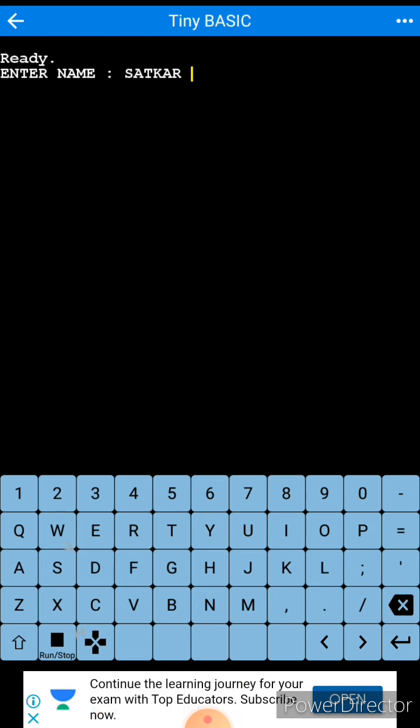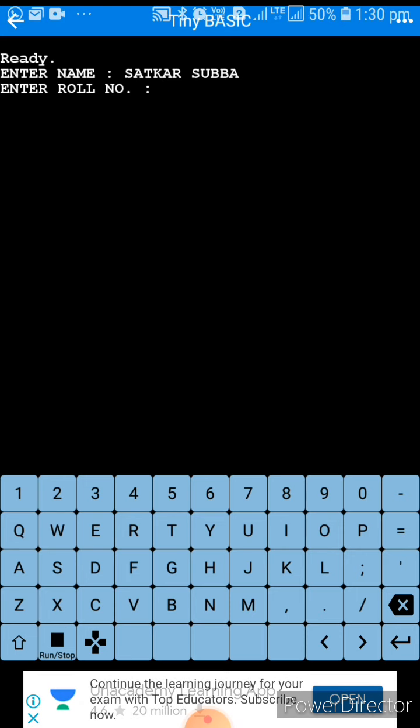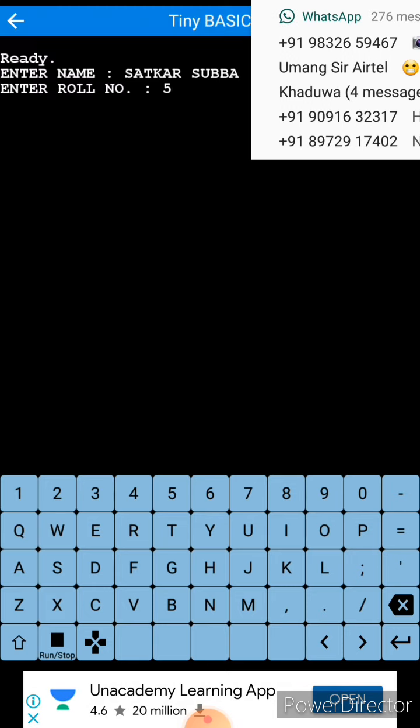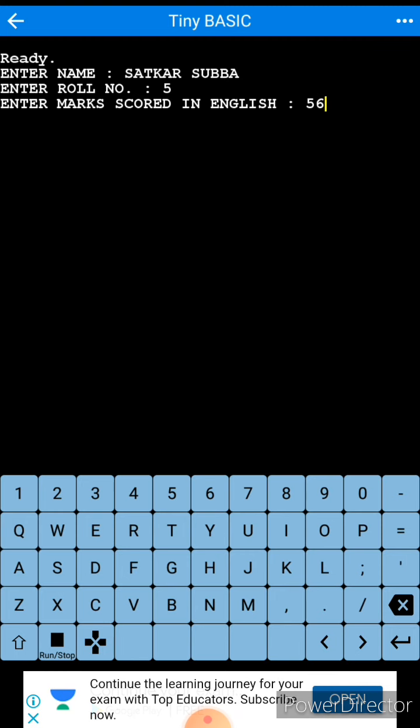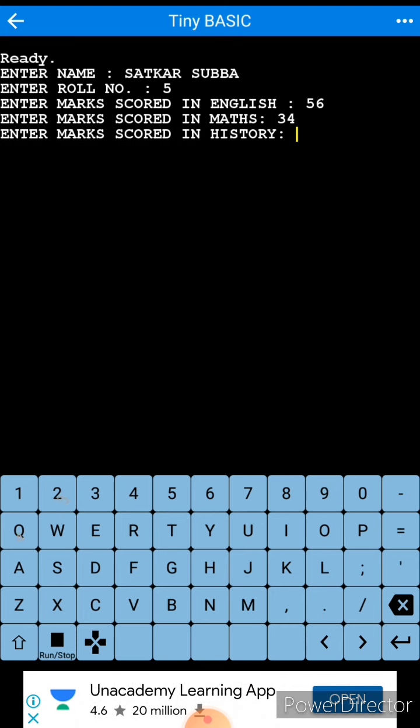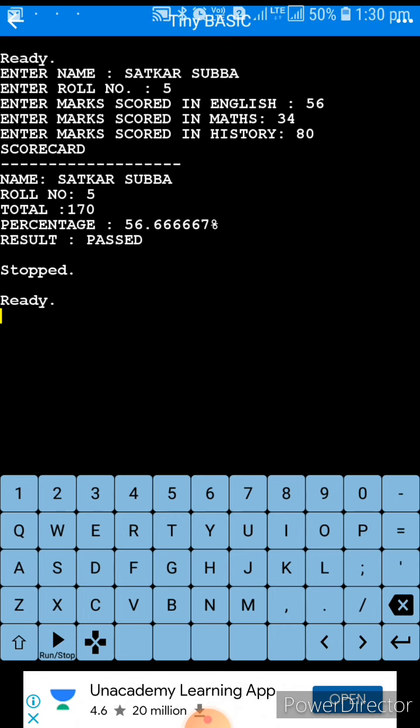Satkar Subha. Then roll number 5. Marks code 56. And again 34. Sorry. 34. Then 8. The total